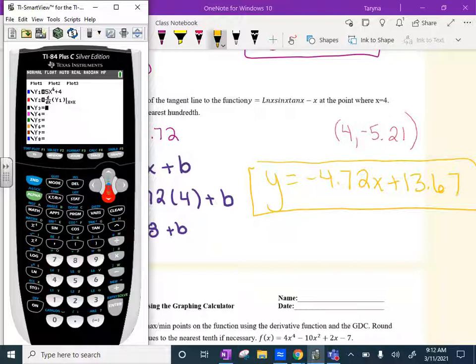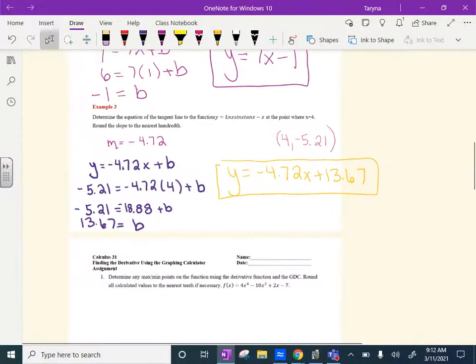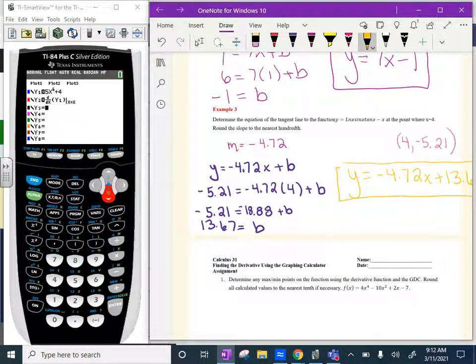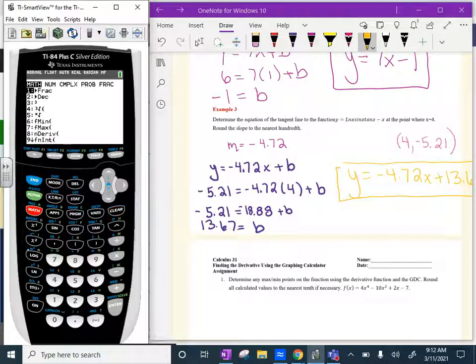If you wanted just to find the slope and not graph it, because it's a little bit time consuming, it is. So just to show you guys, if you wanted to just get this negative 4.72 and not have to wait for the graph and everything, because here you're still waiting for the graph, if you go to your main screen and just hit math, number 8, just like we did in the graphing, you can do it all right there. So if you just go X, put your function in,